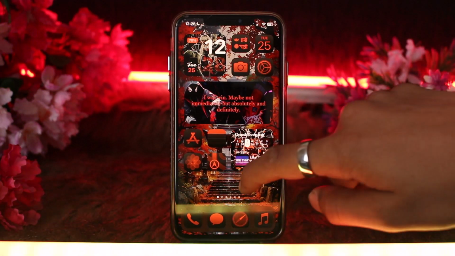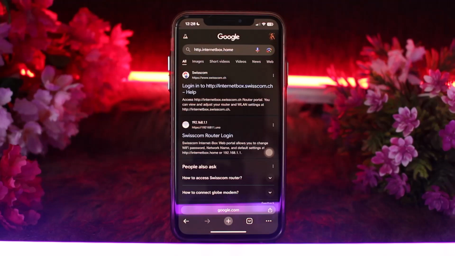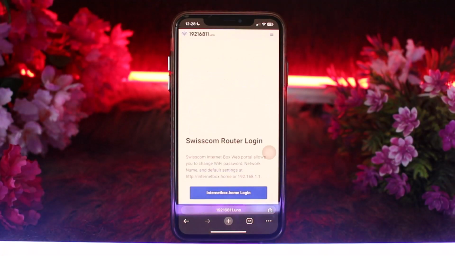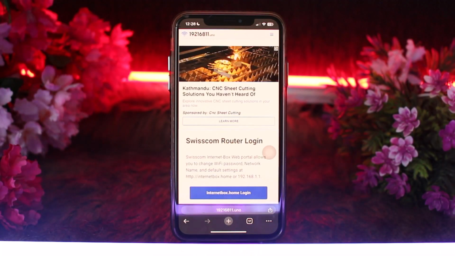Then what you need to do is head over and open up your web browser, and then on the search bar simply type in http://internetbox.home, and then you will be provided with the Swisscom router login. Simply tap on it, and then once you are here, what you need to do is enter the username and